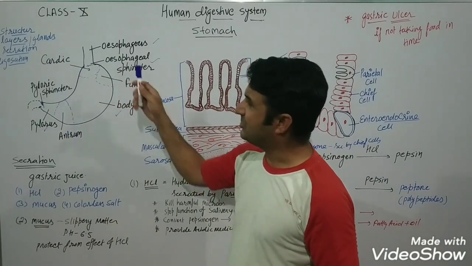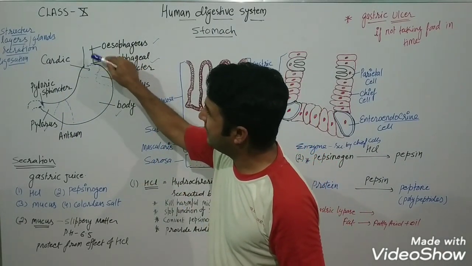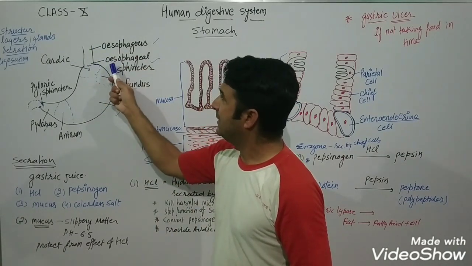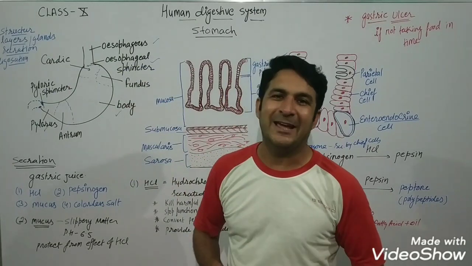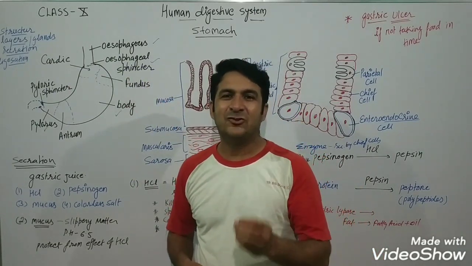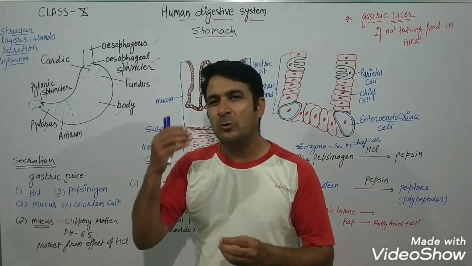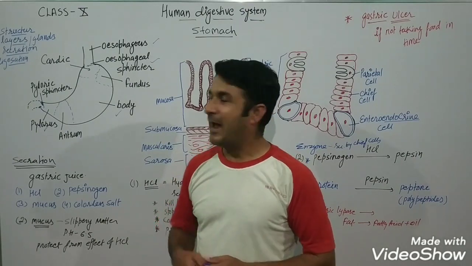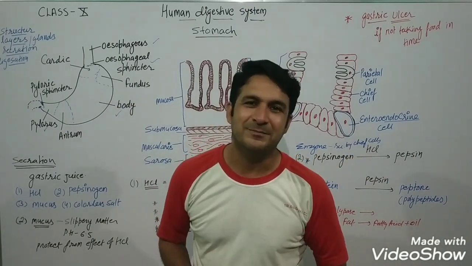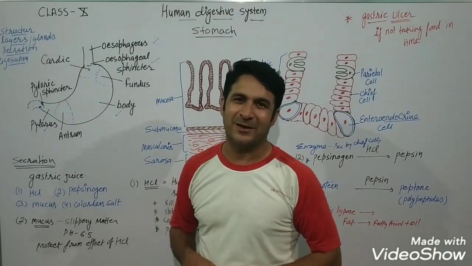If you see the structure of the stomach, the area where the stomach is connecting with the esophagus is called the esophageal sphincter area. The esophageal sphincter area is actually the area which provides the signal to the stomach that food is about to reach there. And by that the stomach cells know the food is ready to come, and the stomach cells receive that food from the esophagus.